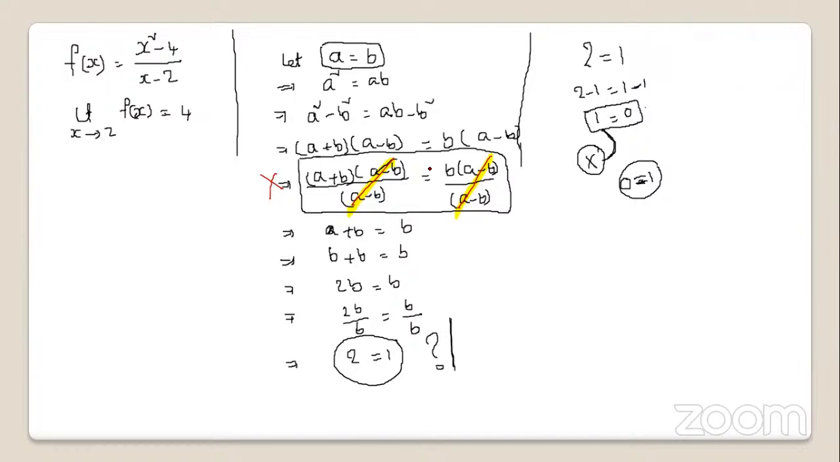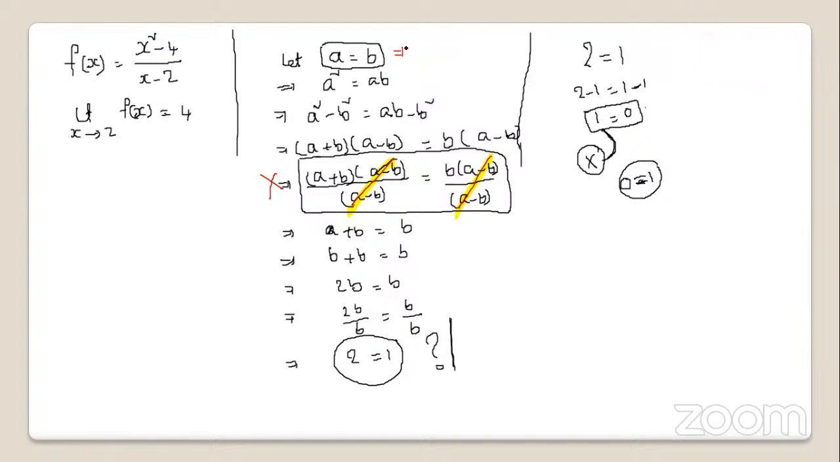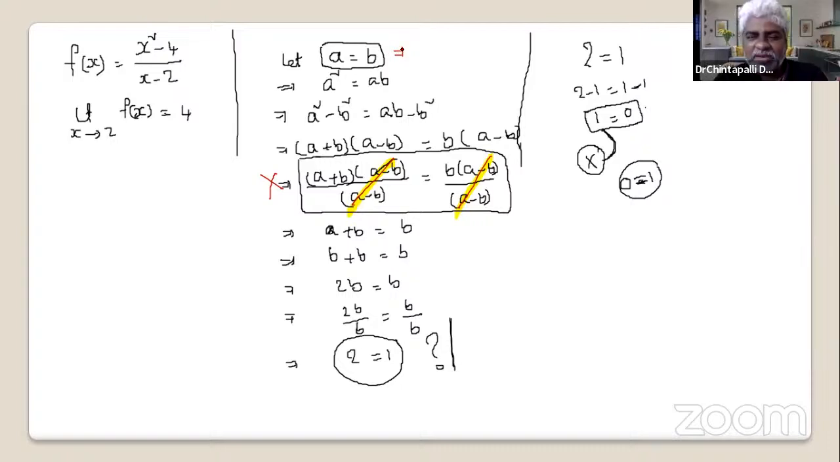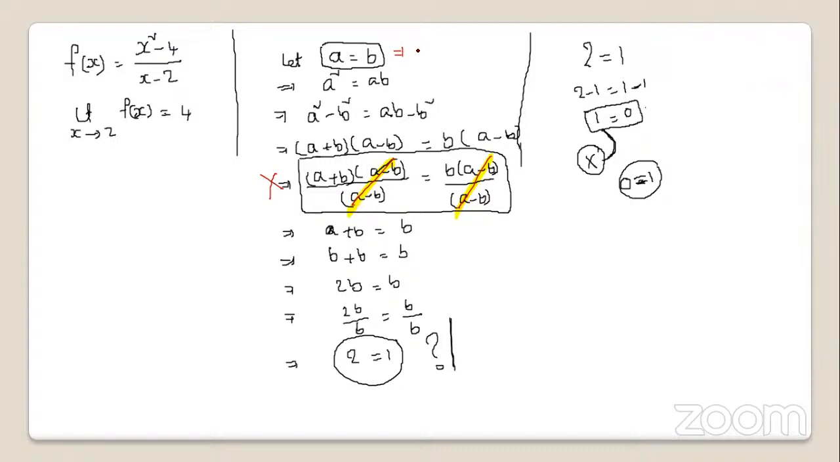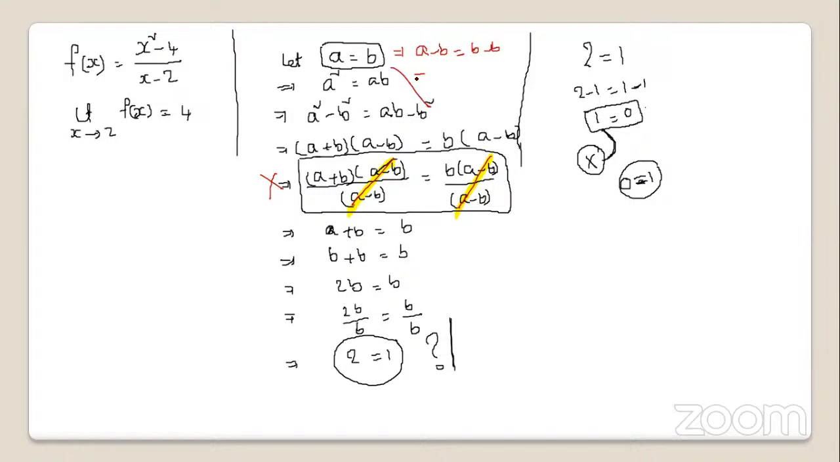Yes, sir. Because if A is equal to B, then what is the value when we subtract B on both sides? A minus B equals 0. A minus B is equal to B minus B. Yes. A minus B is equal